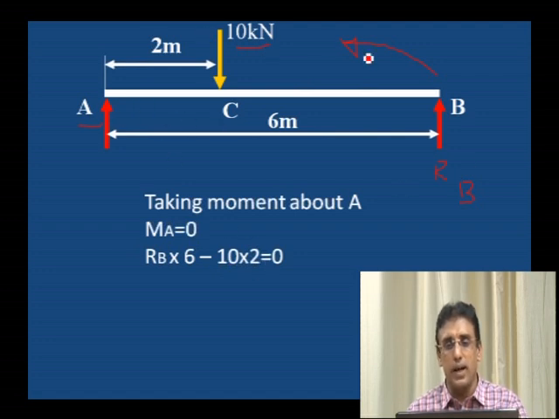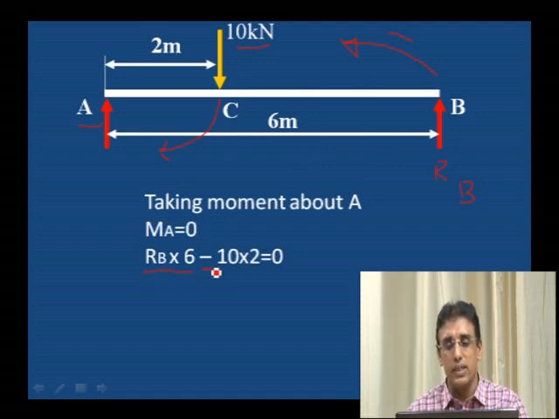RB into 6 is the anti-clockwise moment. 10 into 2 is the clockwise moment. We are taking moment about A. RB into distance, 6 meter. Force into distance is the moment. RB into 6